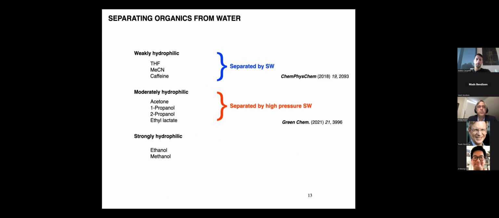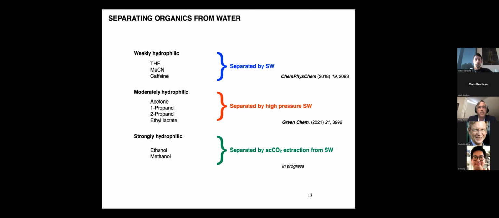And so what we found is if you increase the CO2 pressure, they come out. So it doesn't work at 1 bar, but it does work at 2, 4, 10, 20 bar. And suddenly these things are coming out. And so we've checked the energy calculations, at least the preliminary energy calculations show that this is lower energy cost than distillation. But what about those really hydrophilic compounds like ethanol, methanol? Ethanol is a major product from biomass. And right now it's being recovered from the water by distillation, which is terrible. And so how can we get the ethanol out of the water?